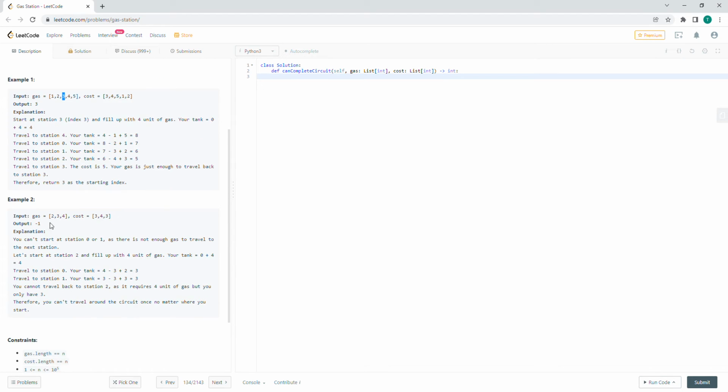However, given the integer arrays gas and cost, if we cannot make a round trip clockwise around the circuit, then we return -1. Because no matter where we start, at index 0 or index 1, it's going to cost more than the amount of gas we have. It's pretty obvious that 3 is bigger than 2, therefore we can't start at index 0. 4 is bigger than 3, so we can't start at index 1 either, because there's not enough gas. If we start at index 4, we pick up 4 units of gas,